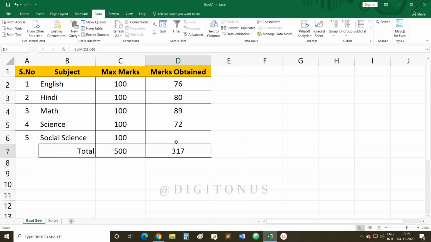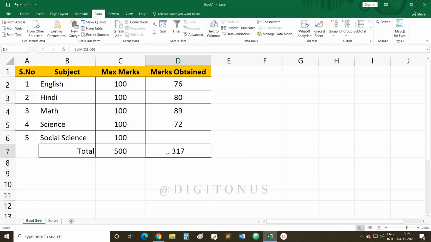Now suppose there is a student who knows that he or she has to obtain at least 410 marks out of 500. Means he or she has fixed the value that at least he or she has to secure 410 marks out of 500. Now one paper is still left.